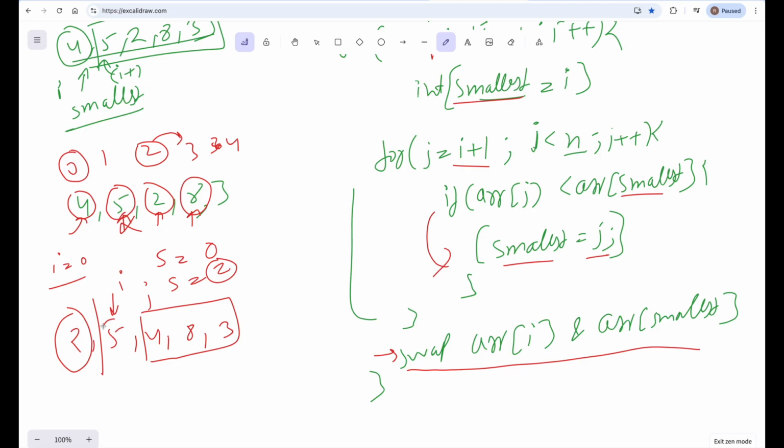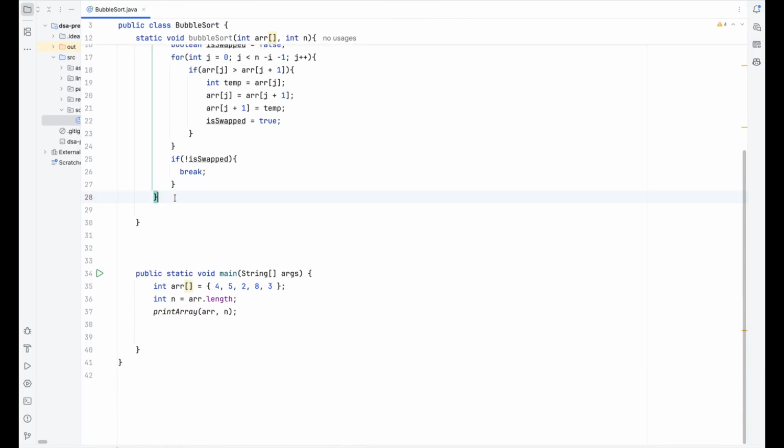So we will be thinking that this element is the smallest element, and then we'll compare it to the other part of the array, and if it is the smallest, we'll replace it with the first position. So in each and every iteration, we will have the smallest element in the sub part of the array. Okay, so I hope this code is making sense. Let's move to the IntelliJ and write the code of this question.